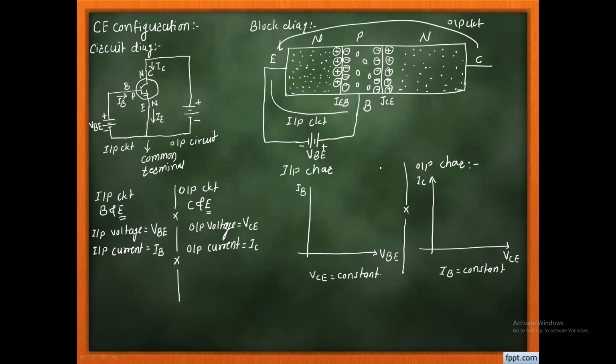And now try to concentrate here. Suppose we consider the output circuit voltage is 0. Now, in this circuit diagram, note that even if we consider the output circuit voltage as 0, how is the emitter to base junction connected? Give me a response. How is it connected, the emitter to base region?